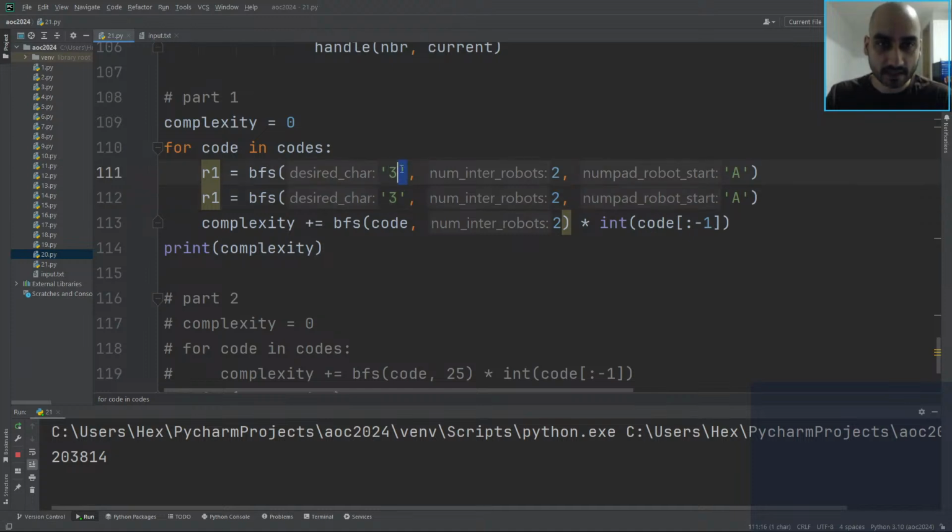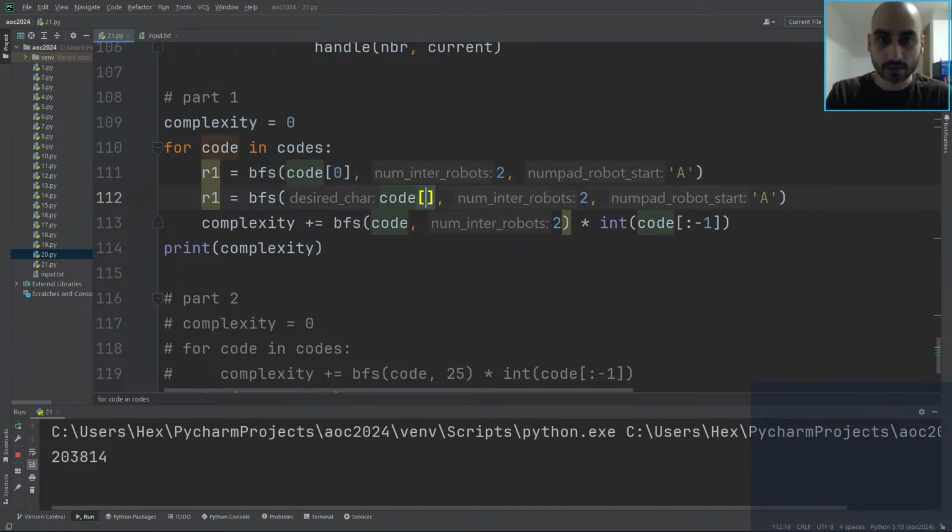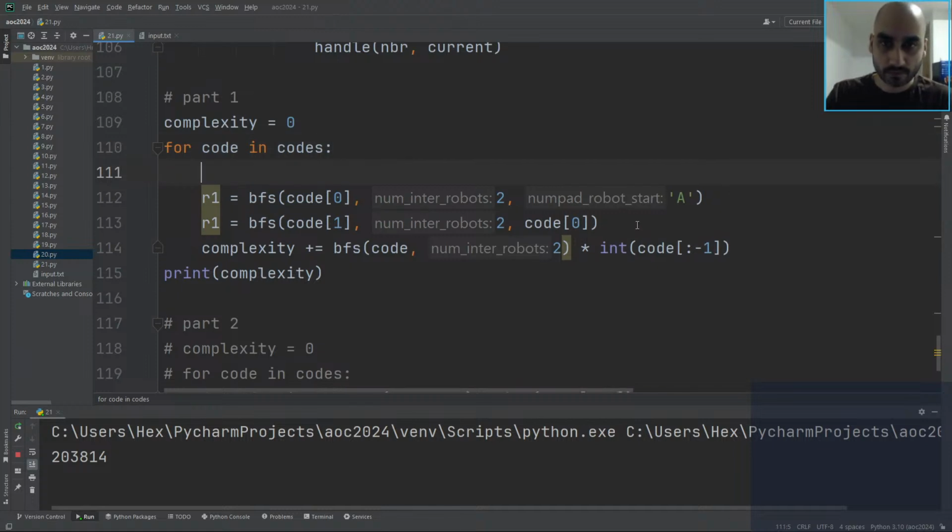I meant to say code 0 from A. And we want code 1 from code 0. In other words, we're saying just say